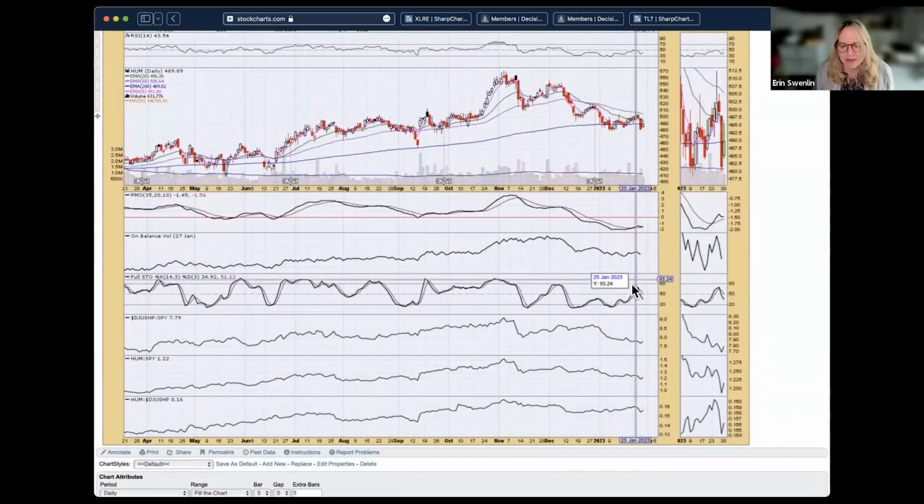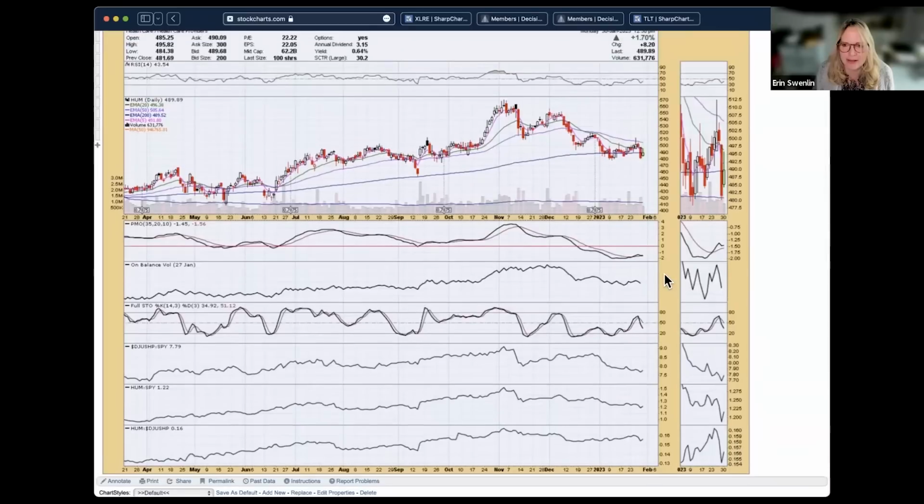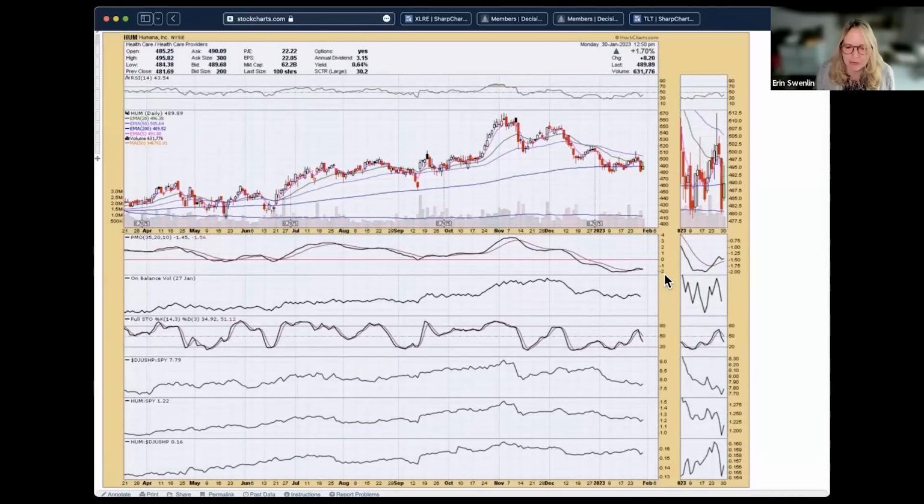Stochastics are in decline. The reason I include them on my chart is they tend to not lag. They tend to be pretty good early warning signals, and they'll jump in there before the PMO sometimes. You can see back here, stochastics were topping, and it was before the PMO. The PMO was actually rising at the time, but stochastics were saying, hey, there's some problems under the surface, and we did end up getting a bit of a decline there. So I'm not liking what's going on with stochastics. It's suggesting a breakdown here.